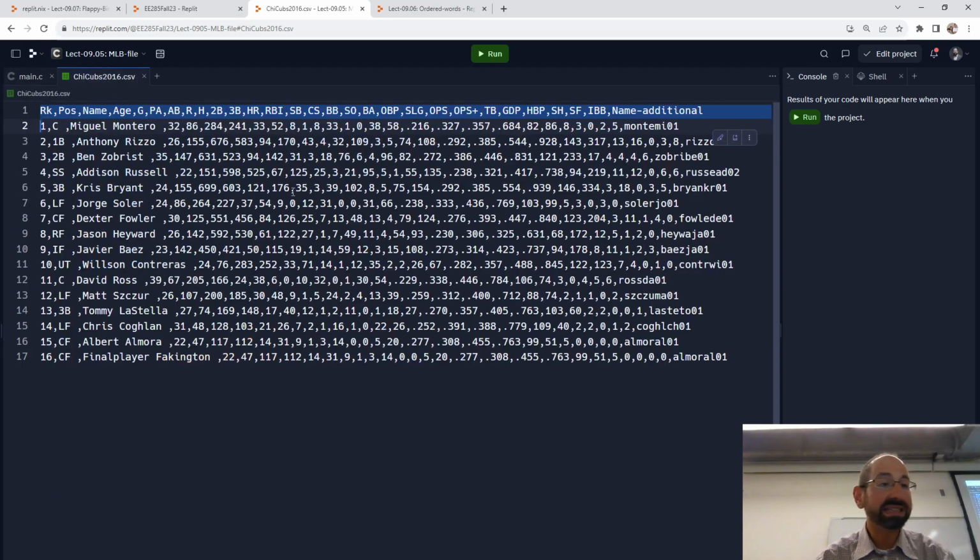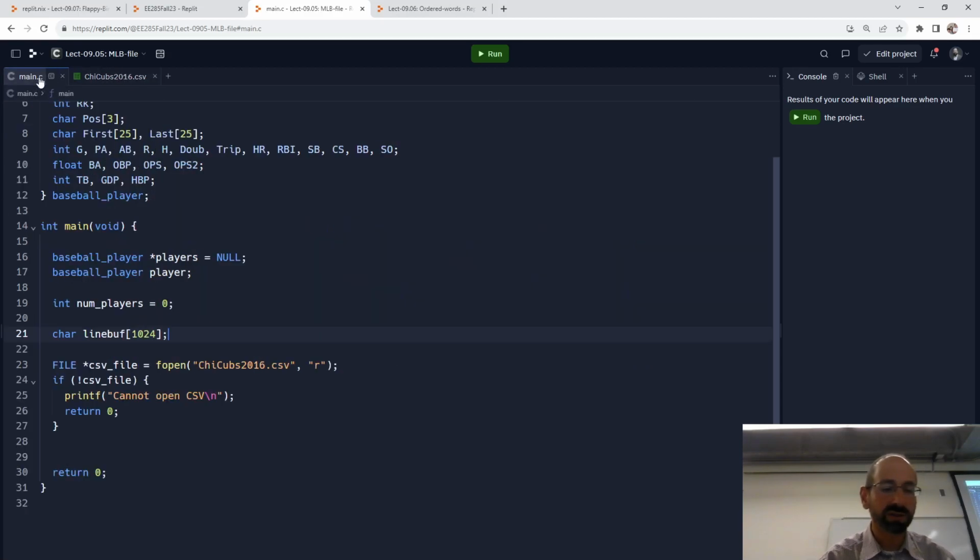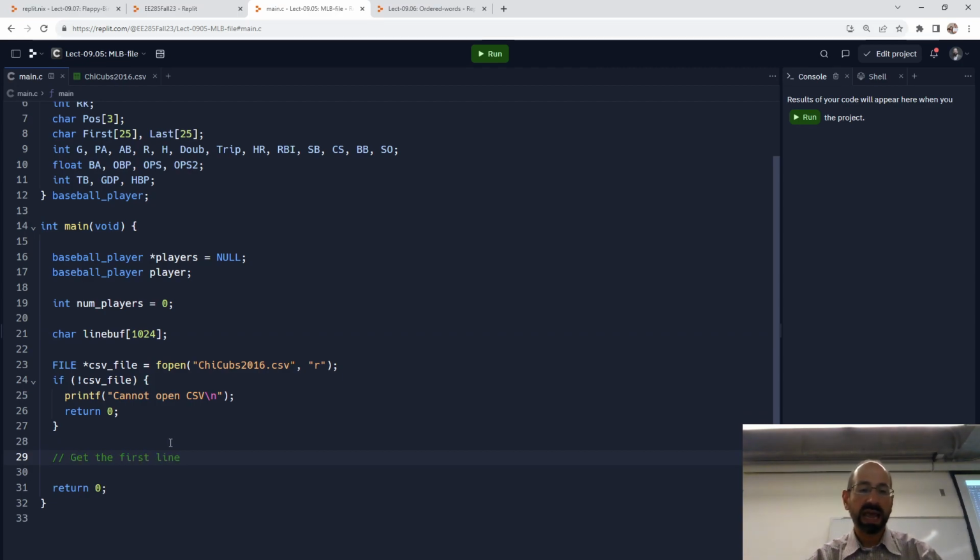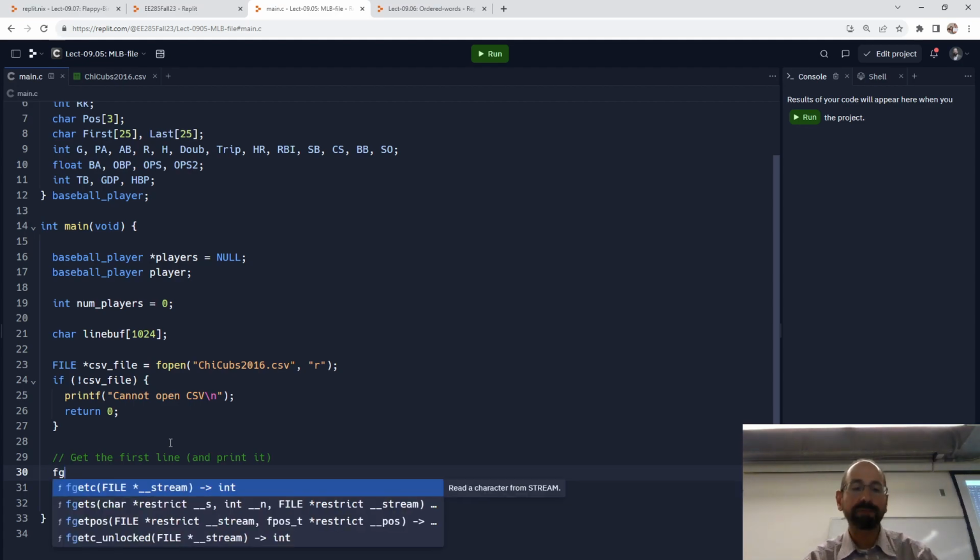If we want to read the entire line, we don't want to use scanf, right? Or fscanf. Fscanf looks for very particular things, and you have to match those very particular things. We could probably build up an fscanf line that would read that entire line and store the results somewhere, but we really just want to read the first line, and that would be the comment here. Get the first line, and we can print it. That can be our first milestone to say, okay, we've actually gotten our first line. That's the fgets